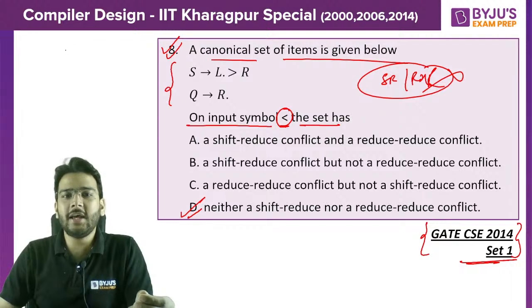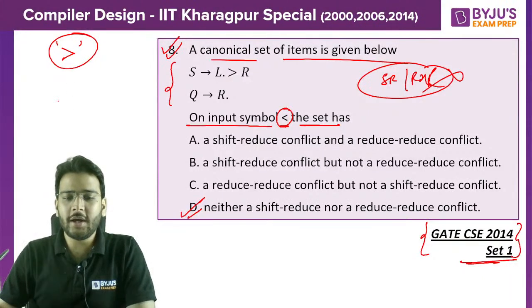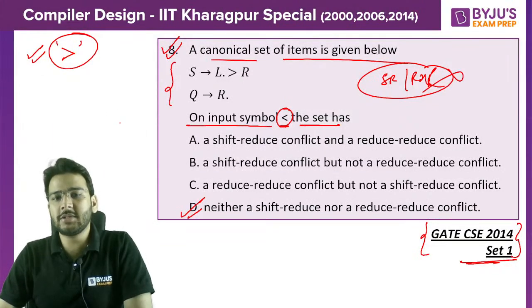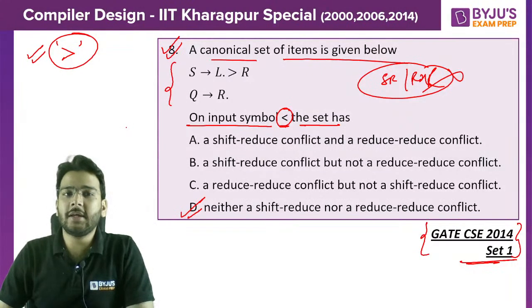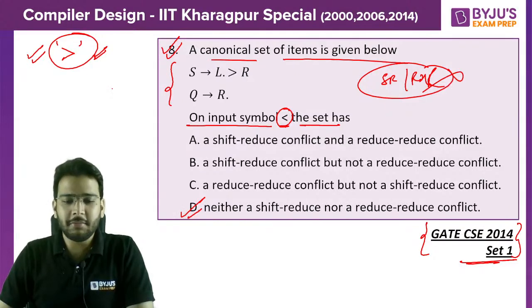What if I say on this input symbol? Now you tell me what kind of conflict will be there. Yes, all of you. What kind of conflict will be there if I'm talking about this input symbol, if this canonical set of items is given to you? Yes, guys. What should be the answer in that case? Yes, Raja, it is possible